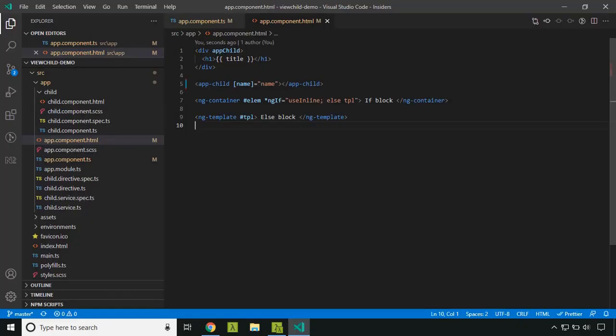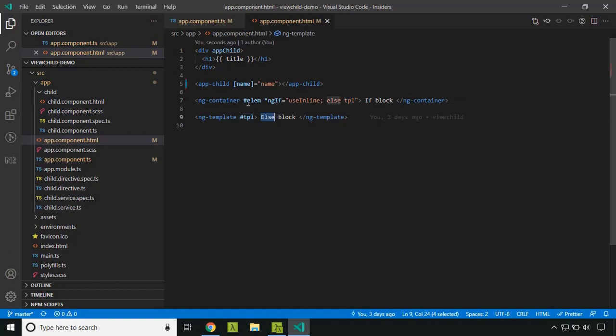Now let's see how we can keep track of a ViewChild which changes dynamically. So here in this case, I have added a template reference variable elem, and here there is an ngIf. Based on this variable useInline, it will either display this if block, or in case this changes, it will be displaying the template reference.